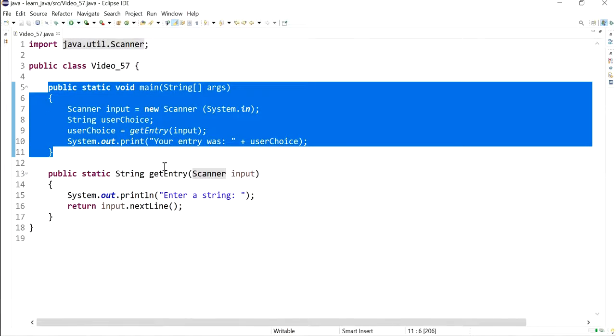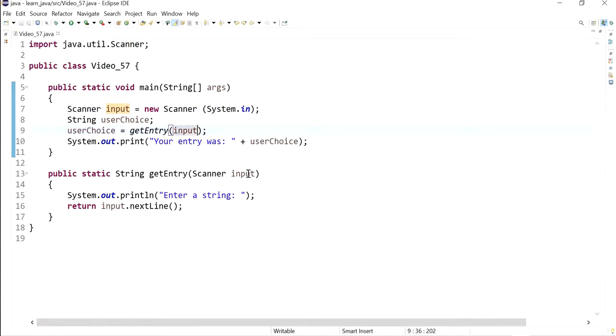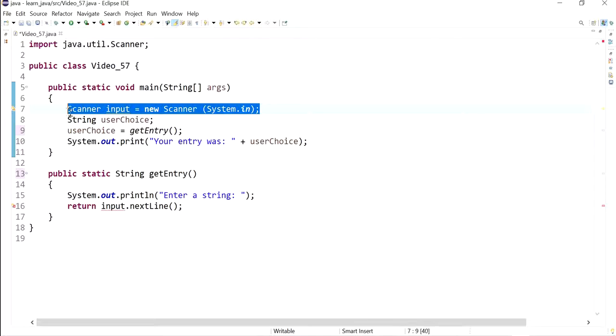So I'll show you how this runs. I'm just going to write test, and it tells me that my entry was test. But if I didn't pass it over here, there's going to be an issue. So right now it doesn't identify what input is, and you might not always want to. So one way is to actually pass the instance to other methods so that they can get entry from the user. But if you didn't want to do that, you can declare this as static, and you can do that